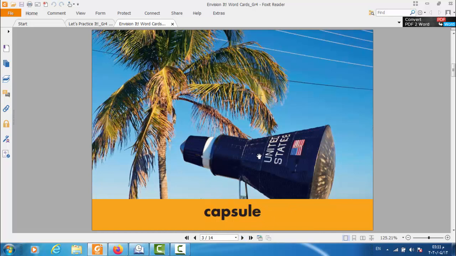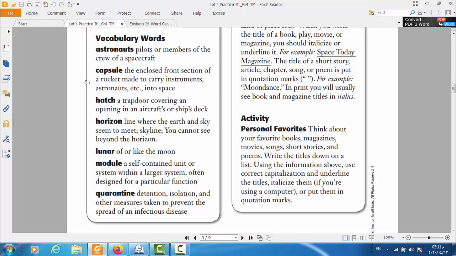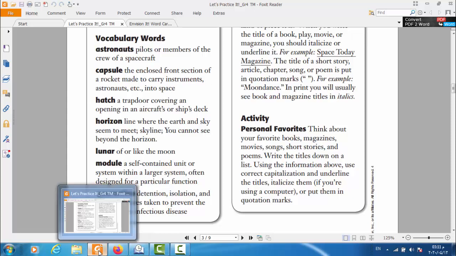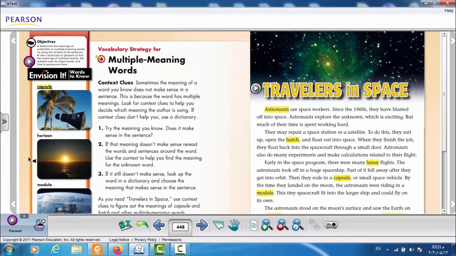This is the capsule, guys. When I say capsule, it means the front part in here of the rocket, that carries things for the astronauts or the people that travel to space. So the capsule is what? The capsule is the enclosed front section of a rocket that is made to carry instruments or the astronauts. Okay, this is the capsule. The second one,